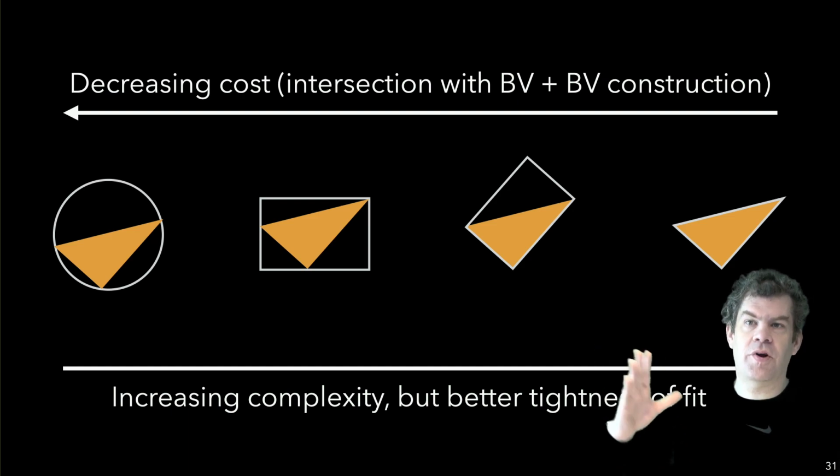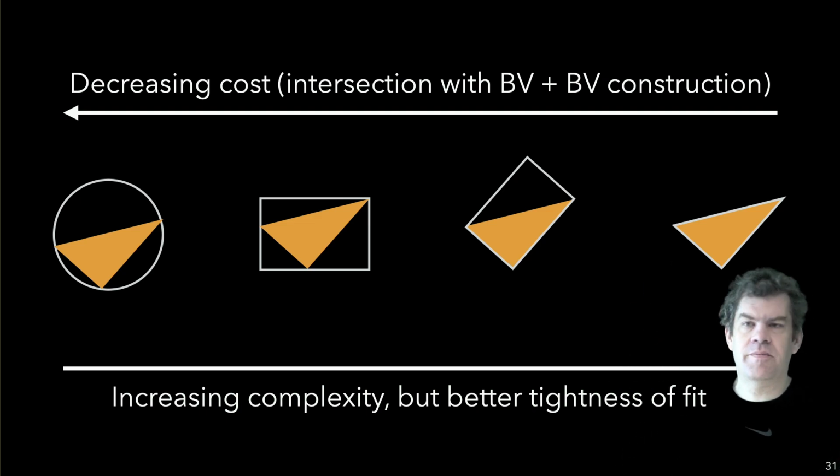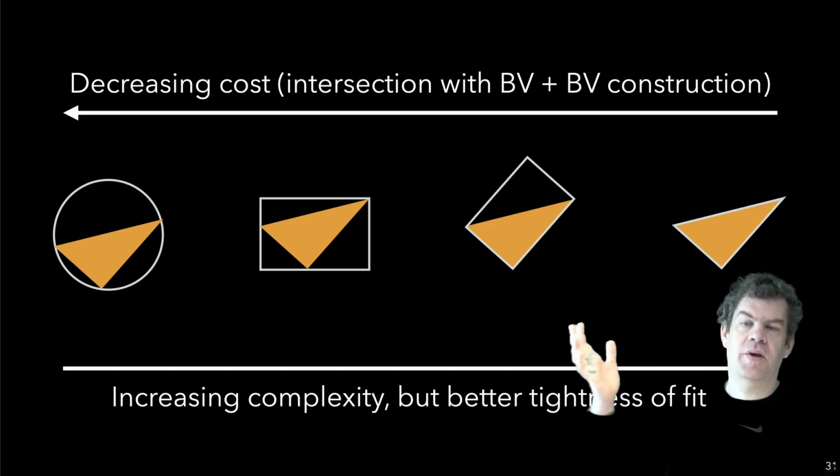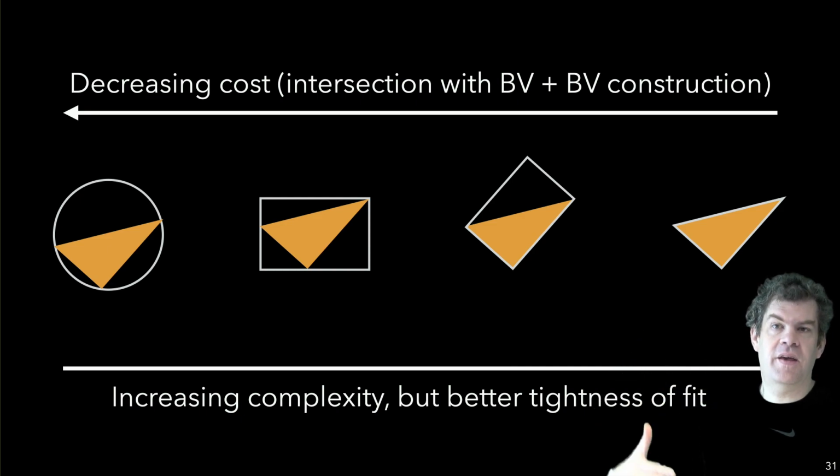If I put those four things, spheres, axis-aligned boxes, object-aligned boxes, and something better, onto one slide, I would say that from the left to the right, they approximate the object better for a normal, average object. They approximate the object better towards the right. You have less empty space, so